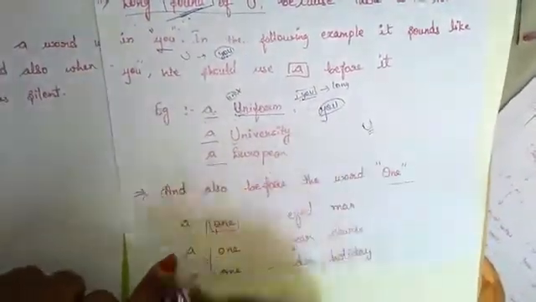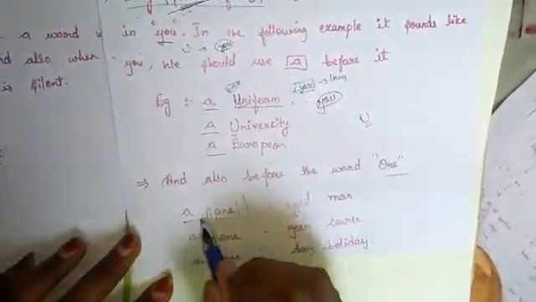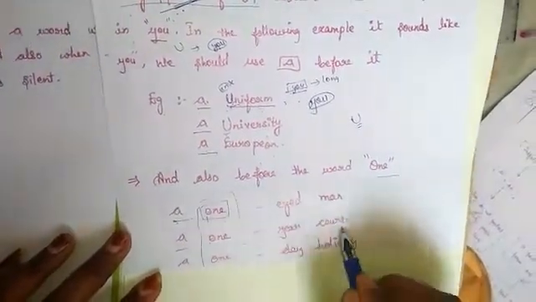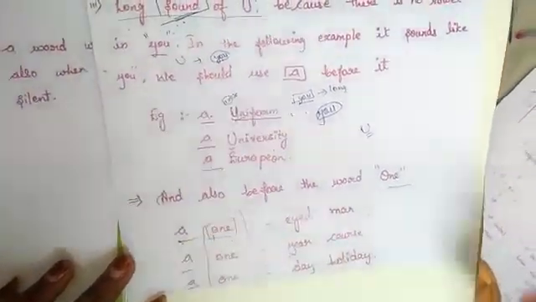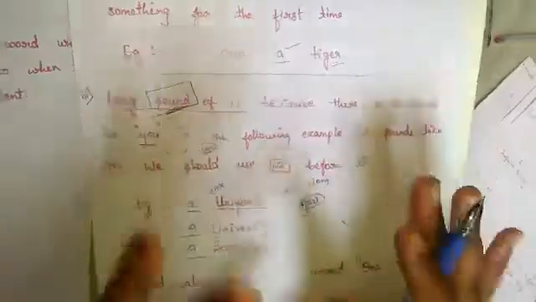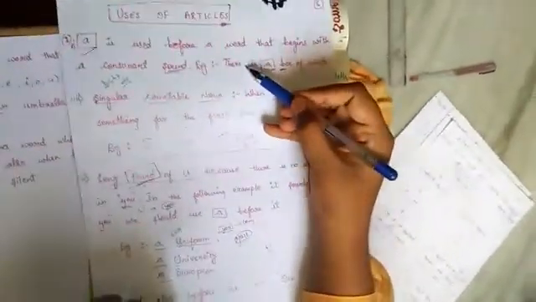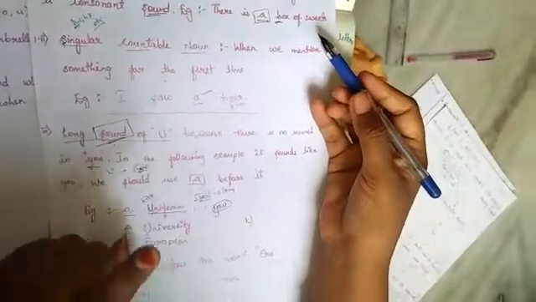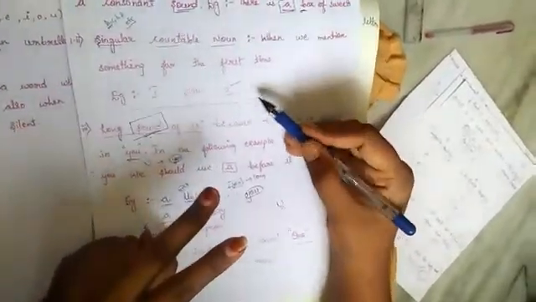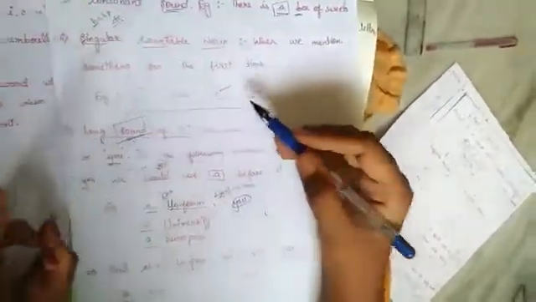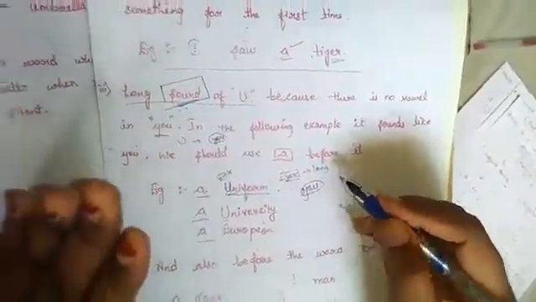Whenever we are saying a word one or any one, we have to write a before it. For example, a one-eyed man, a one-year course, a one-day holiday. So in four places we have to use a. First one is in front of consonants, the 21 consonants I said. And before something we are saying for the first time. And third is when there is a long sound of u, y-o-u. And fourth, before the word one.